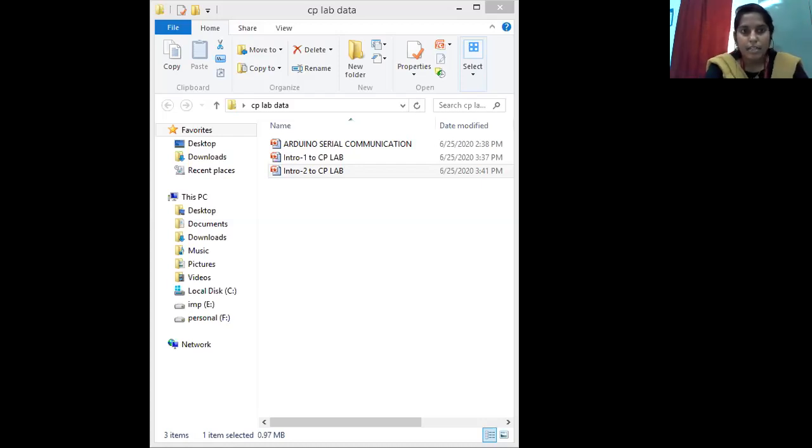So setup is the initialization or configuration code. In this block of code, we are going to initialize the begin statements, and loop is used to repeat over and over again. You all know that in C language we use loop statements: while, for, and do while. Those three loops can be used here as well.